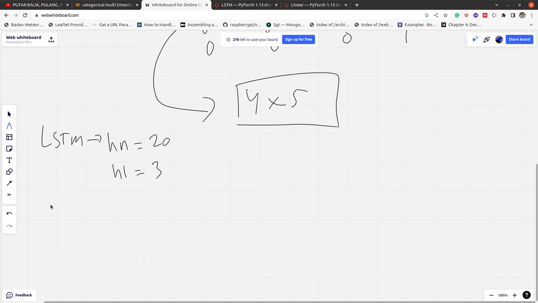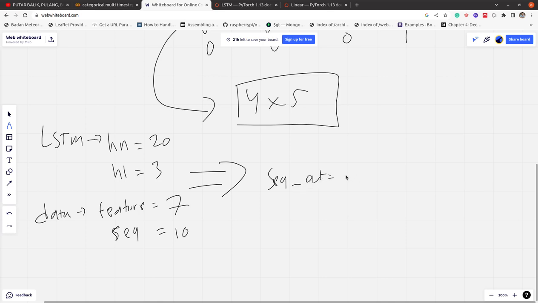Consider the data we have. We have a feature, for example 7 features, and for the sequence length we will have 10. For the sequence out, we want 5, right? And for the class out, 4. Okay,